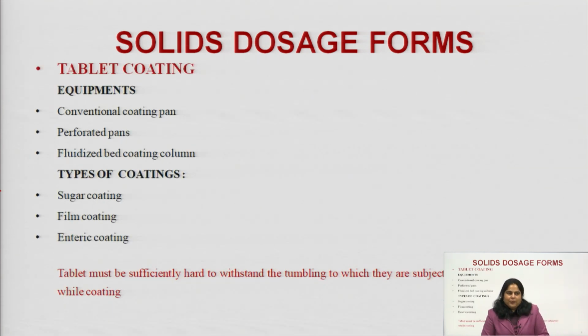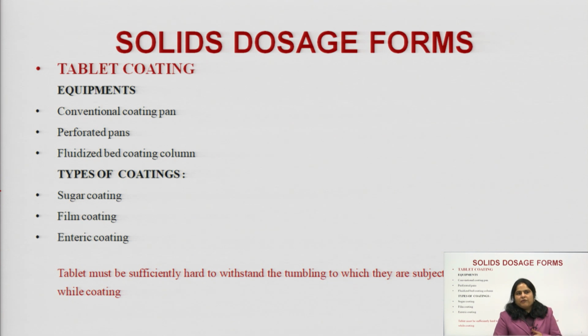Tablet coating is basically more of an art than a technique. Earlier we made use of sugar coating. The most important coating procedure in earlier times was sugar coating, then it was upgraded to film coating, and finally to aqueous film coating. Earlier we made use of conventional coating pans, a simple pan where one pipe was for inlet air and the other for exhaust. Then it was upgraded to perforated pans for industrial batches, and then to fluidized bed coating columns.